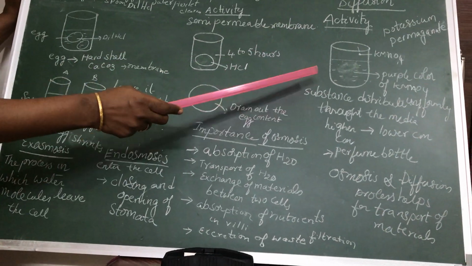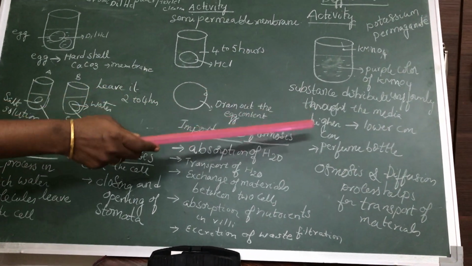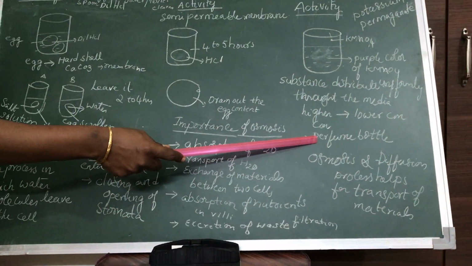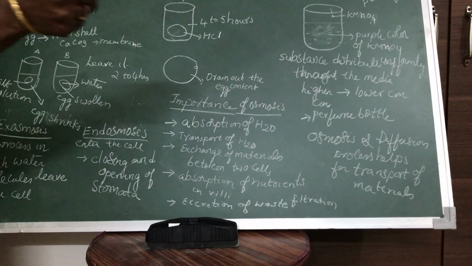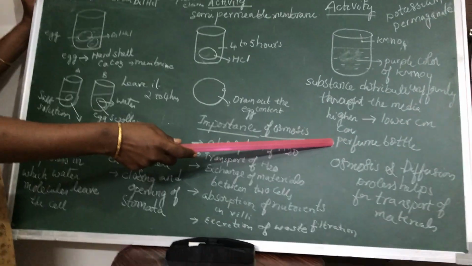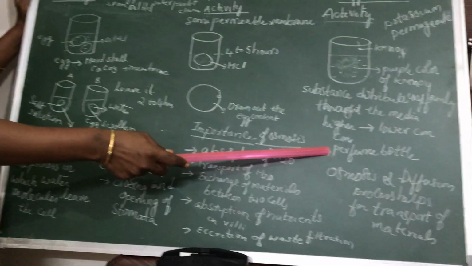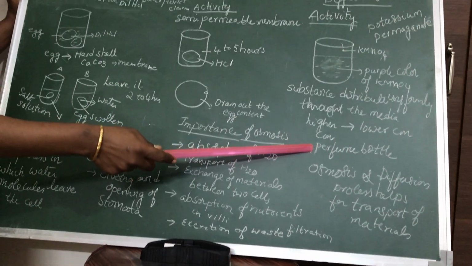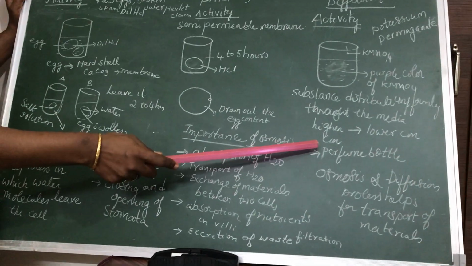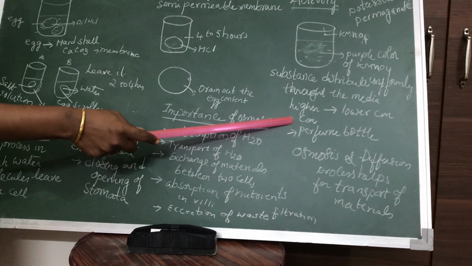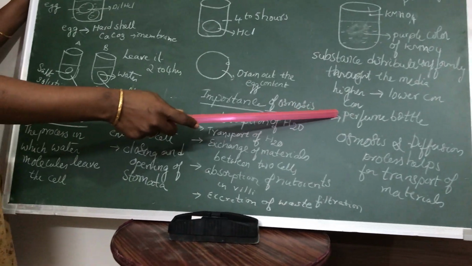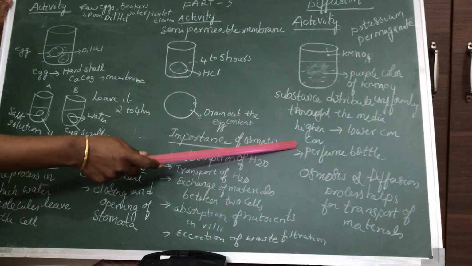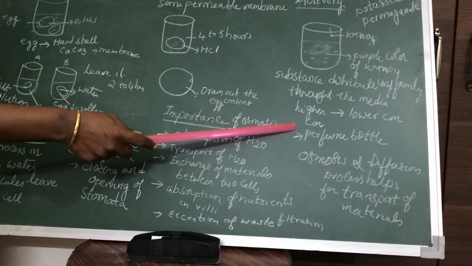See, in diffusion, the best example you can take is when you open the lid of a perfume bottle, the perfume in a room will be uniformly diffused, uniformly spread from high concentration to lower concentration. Not only perfume, the aroma that you get while cooking food is also involved in the process of diffusion. Whenever you open a phenol bottle also, the smell spreads uniformly in the media. That process is called diffusion.